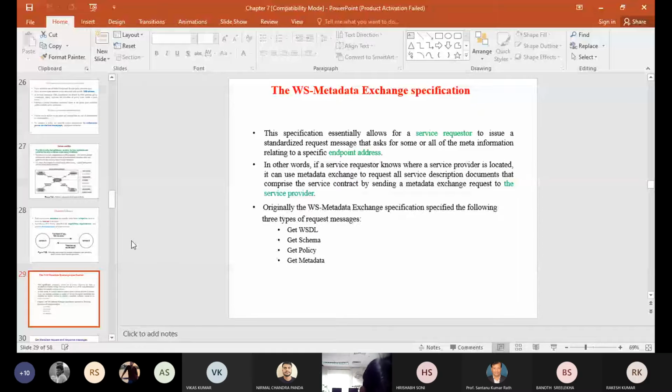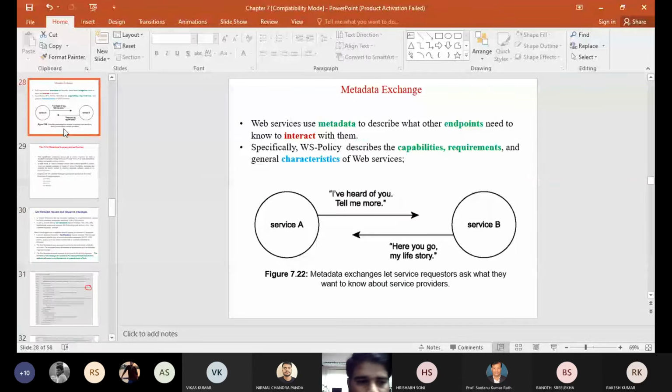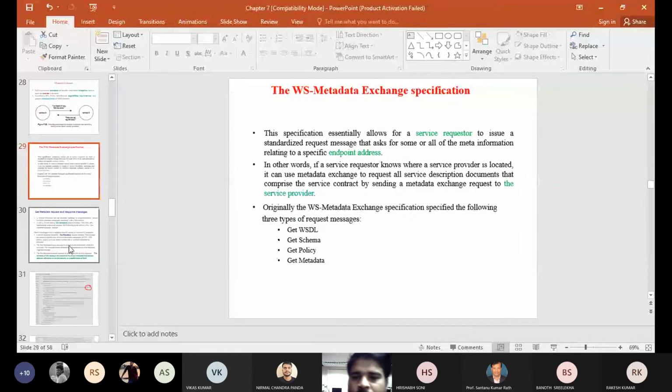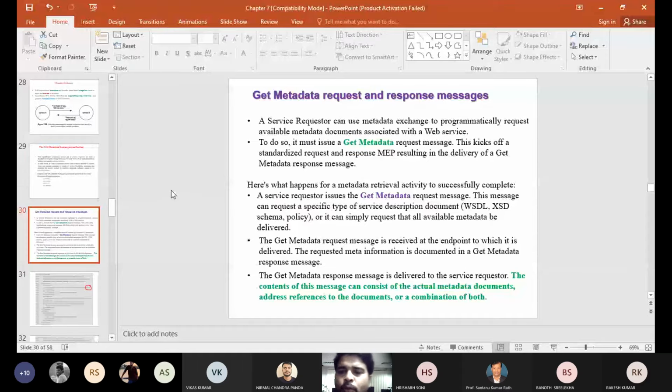First, you have to know the WSDL, the web service definition language defined by the intended destination. Then get the schema, then get the policies, and then get the metadata. And for all those things, you have to send a standard request message defined by the intended destination. Now, the request message and the response message for the metadata. Okay. We'll just see a